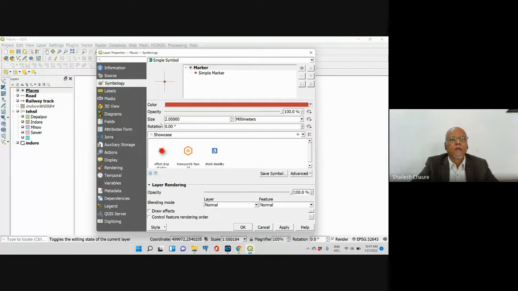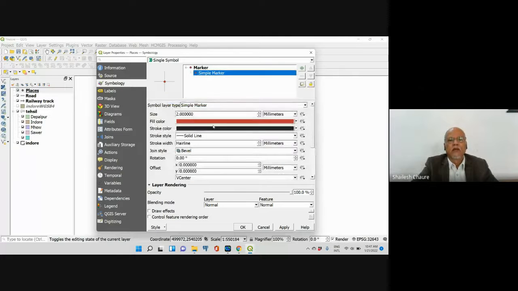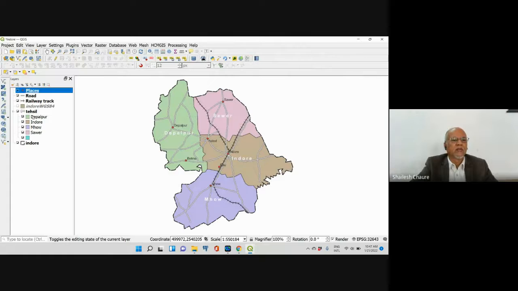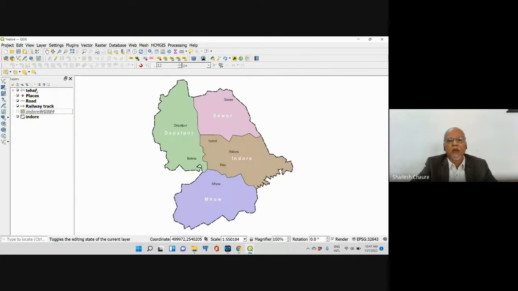Even if you go for this, you can see the fill color, stroke color, stroke width, and style, and so many things you can change here. This is the opacity I was talking about, the transparency. I'll show you how this transparency will work. Suppose I take this layer onto the top. Everything is hidden now. Right click on it, go to properties,